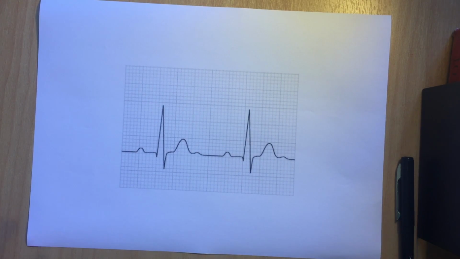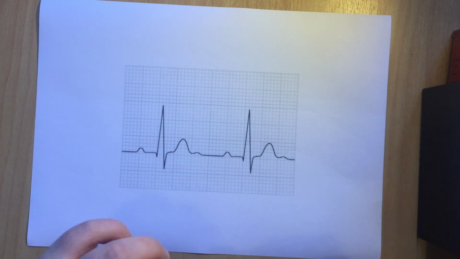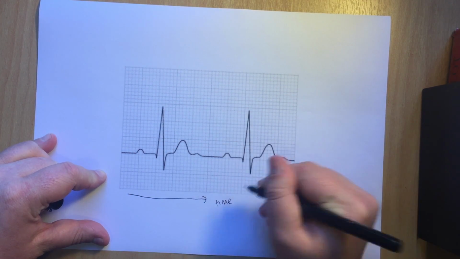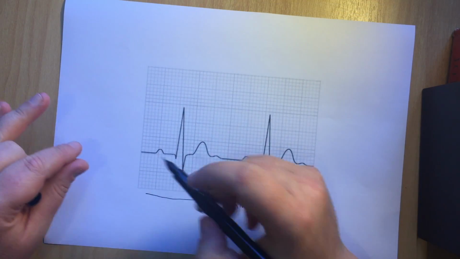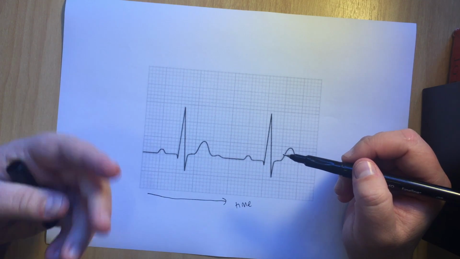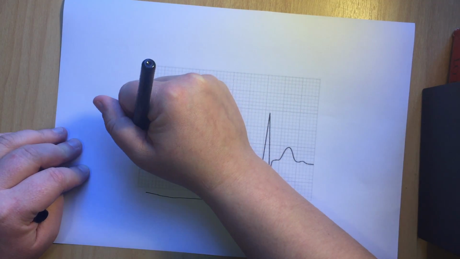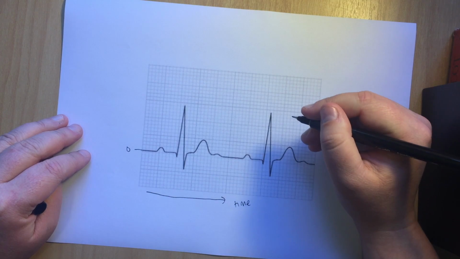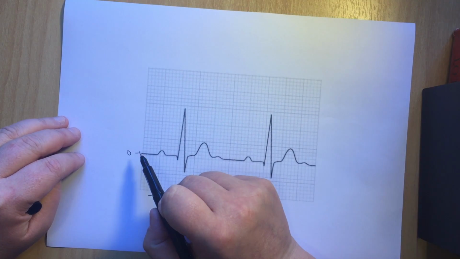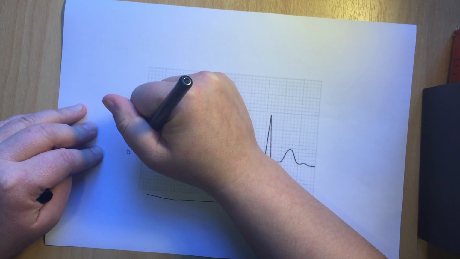So an ECG trace is basically a piece of paper that shifts over time. So it moves, we've got time here on the x-axis, and then here on the y-axis, if you like, is electrical signal. And the way that it works is that, say we've got kind of a 0 or an isoelectric point. For any given lead that you're looking at, a deflection or a movement of the ECG line upwards means